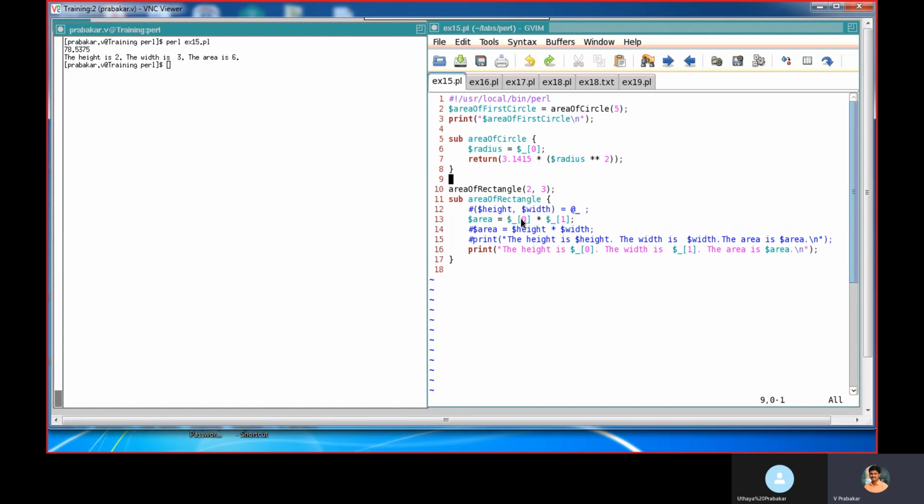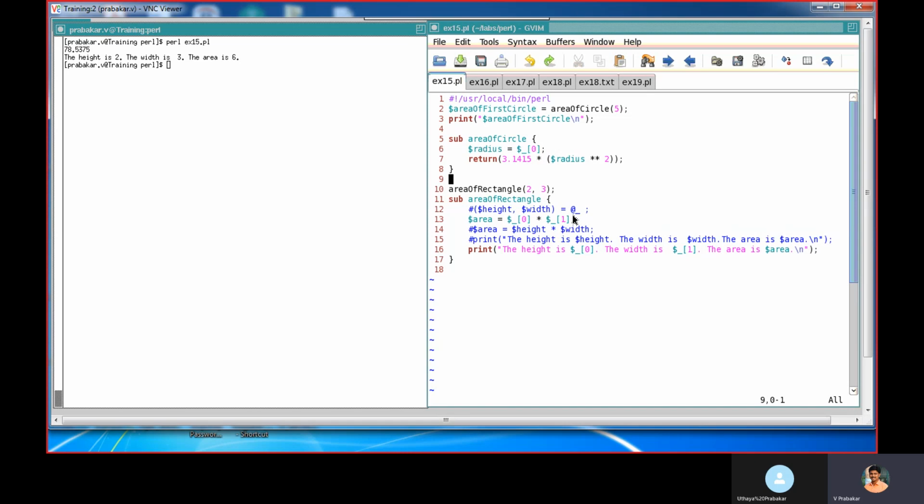Here we are collecting the value using this $_[0], starting with the first parameter 2. $_[1] is the second parameter 3. We are multiplying these and calculating the area and printing the height, width, and area.